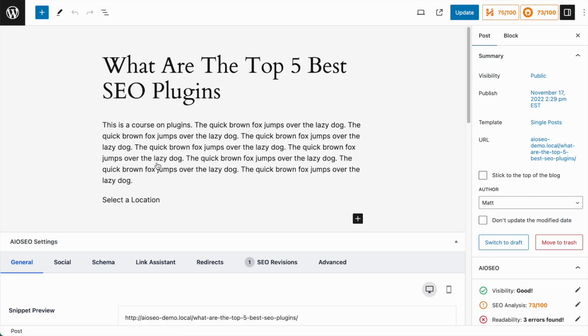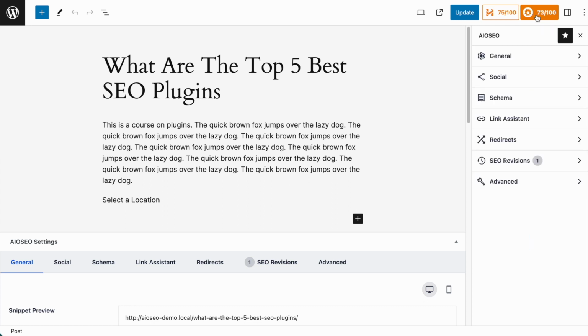So if we look over on the top right-hand side of this page, we can see this All-in-One SEO button here, and it's got our TruSEO score right on the button. This post is scoring a 73 out of a 100. 100 would be a perfect score. So if I click on that button, knowing that score of 73 is pretty awesome, but the real power of